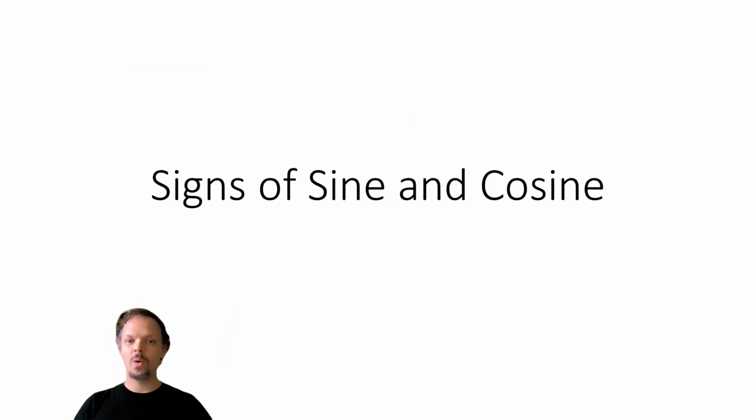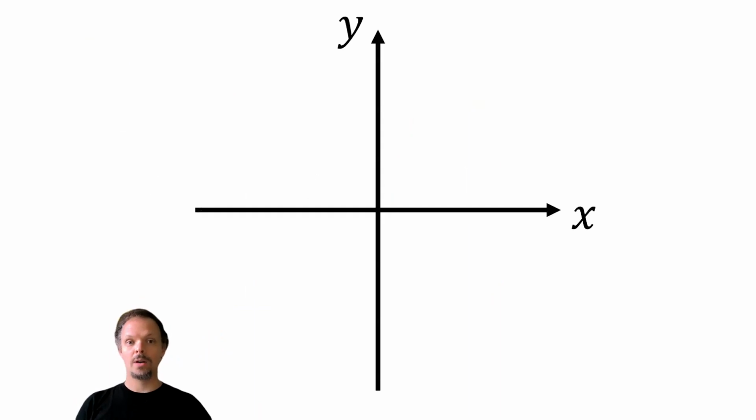Hello, and in this video, we're going to be talking about the signs, positive, negative, or zero, for the two main trigonometric functions that we're going to be exploring in this class, sine and cosine. So here we've got our standard Cartesian coordinate system with positive x pointing to the right and positive y pointing up. And that leaves us with four quadrants that we number 1, 2, 3, and 4, going counterclockwise from that